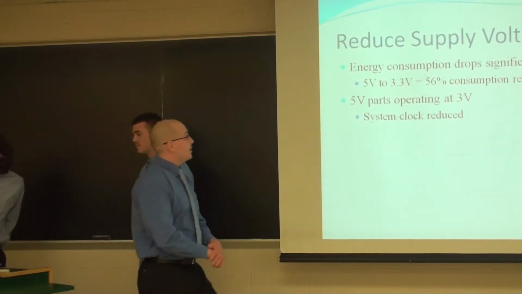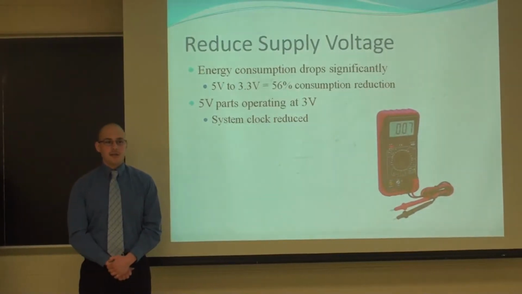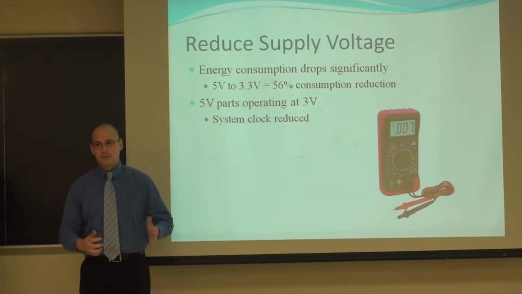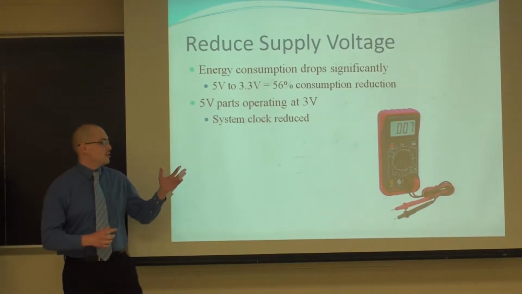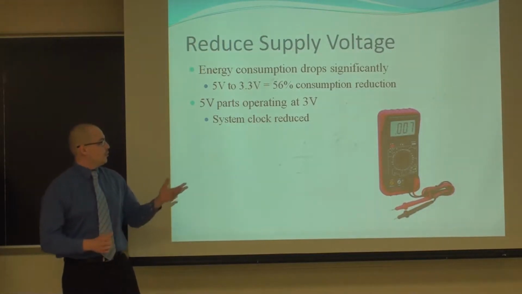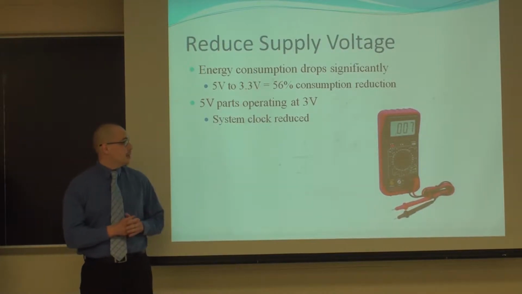All right, I'm going to talk to all you guys about reducing the supply voltage. Nowadays, there's a technique called undervolting, which is used in a lot of applications, such as in your cell phone. It's basically taking a processor, such as a 5-volt processor, and running it at a lower voltage. If you just lower it 44% from 5 volts to 3.3 volts, you'll actually save about 56% of the energy